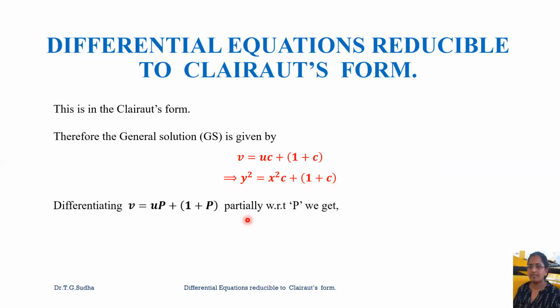For that, let us consider the equation in v, u and capital P and differentiate partially with respect to capital P. So this v becomes 0. U into P gives us U because P becomes 1, and 1 becomes 0 on differentiation, and P gives us 1 on differentiation. So now you have just U is equal to minus 1. So therefore here we don't have any singular solution.